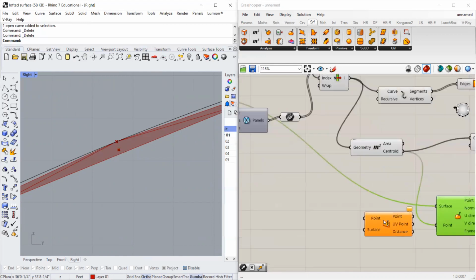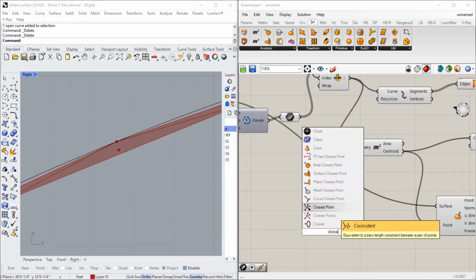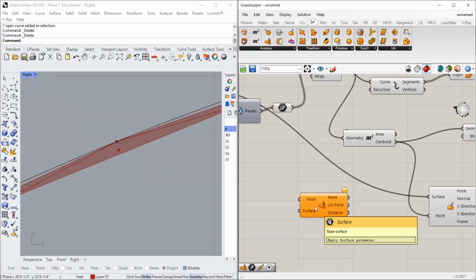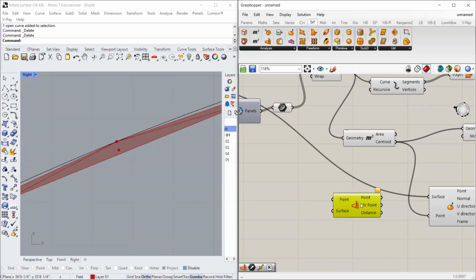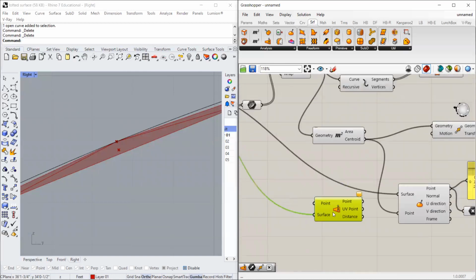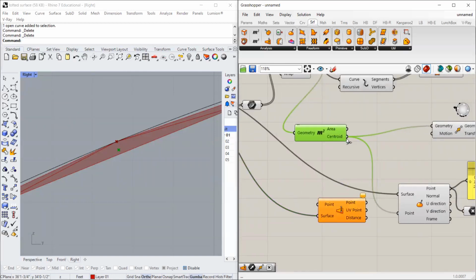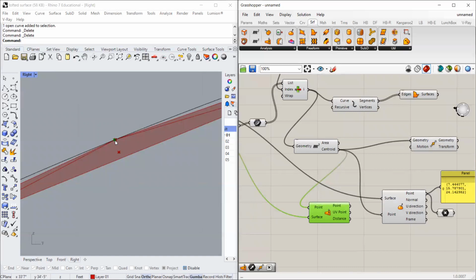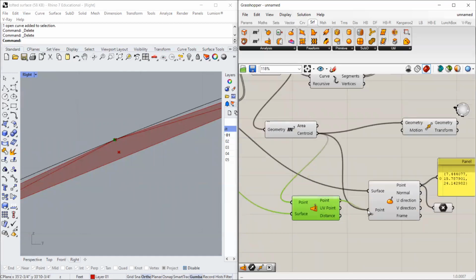So what we want to use is this node called the surface closest point. What this does is it says, I have a point, I have a surface. Find me a point on the surface that is as close as it can possibly be. So if I plug my loft into the surface, and then I plug in my centroid to here, you'll see that I now have a point right there, which is on the surface that I'm talking about. And then if I plug my point into here,